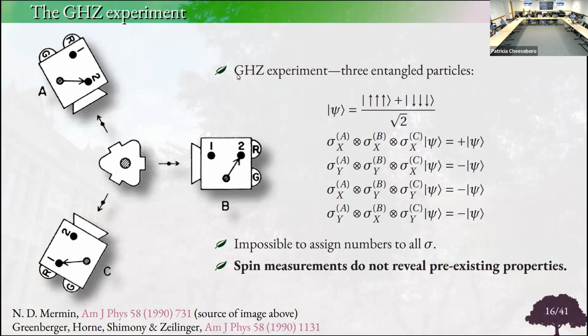So the first of these particles in this list can be up or down, and of course, whether it's up or down along the z-axis depends on what the other particles are. So the person at detector A, say it's Alice, can choose to measure either the X projection of the spin, sigma X operator, self-adjoint observable. She can find +1 or -1, or she can choose to measure the Y projection of the spin, get +1 or -1. So the assumption beyond quantum mechanics that will turn out to contradict quantum mechanics is that there is some X projection of the spin before she measured it, and the measurement just reveals what it was before she measured it. And if she changes the detector to measure Y instead, it reveals something that existed before she measured it,